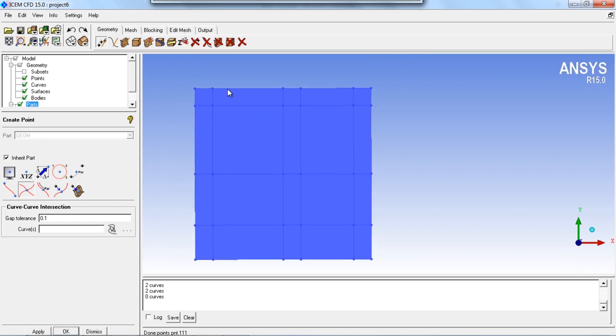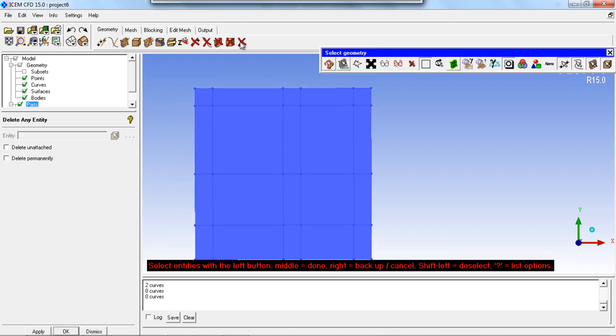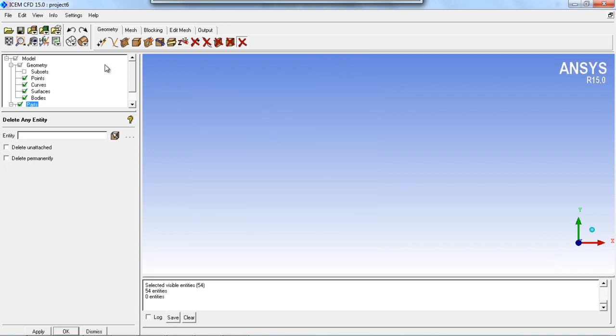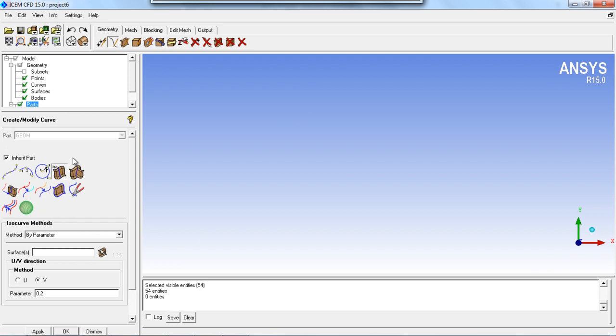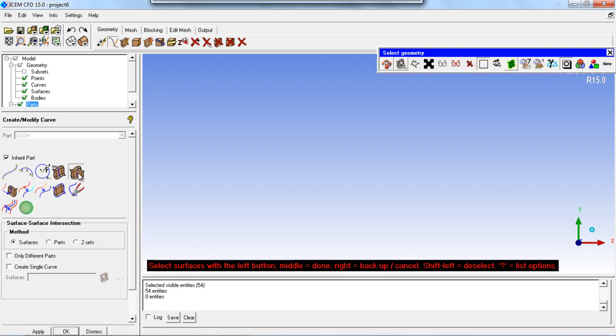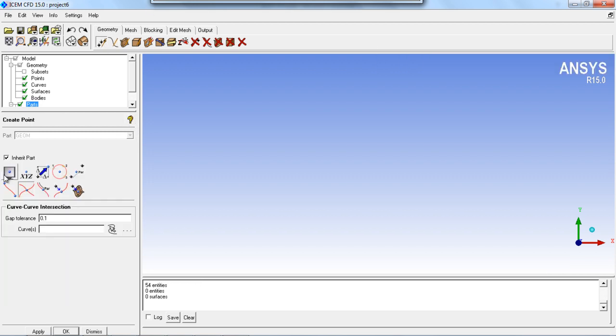Okay, now delete all the entities inside the graphics window. You can use the fill command on the first row, but for this we need two surfaces. So let's create the two surfaces. Again the same method.